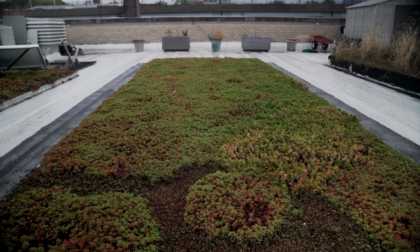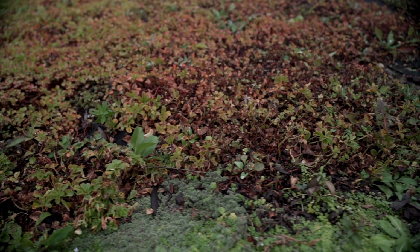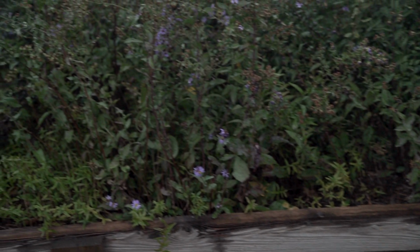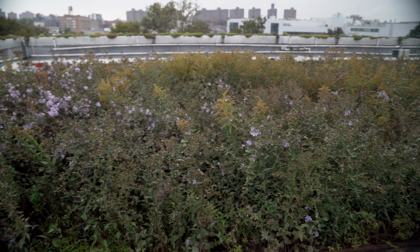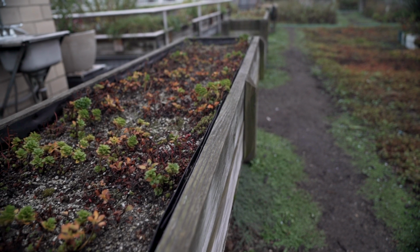So by trying out all these systems here, we can learn what works and what doesn't, and we can also teach the public all of these life lessons we've learned by actually attempting these systems and having them grow here under the same climate conditions, under the same maintenance conditions for many, many years in perpetuity. It's a really amazing place that the public can come for free tours whenever they want, to learn with us and to see what might work for them, and to really just get everyone up to speed on being educated